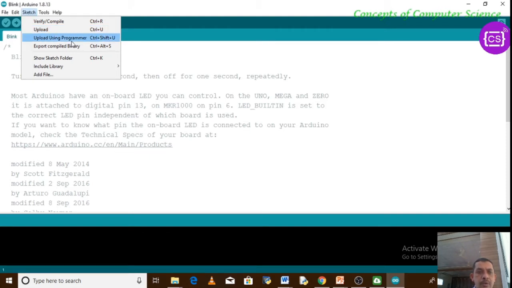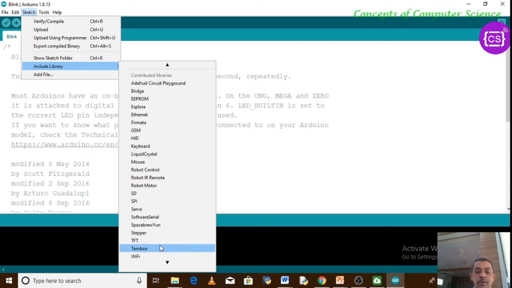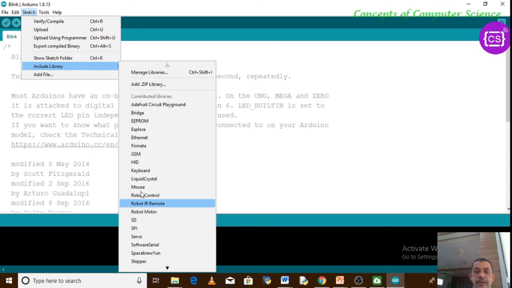Then upload using programmer, then export compiled binary. These are the different options available in the Sketch menu. Similarly, for various sketches you have to use libraries, so from here you can include those libraries in your program. Various libraries are available. We will see later what these libraries are.